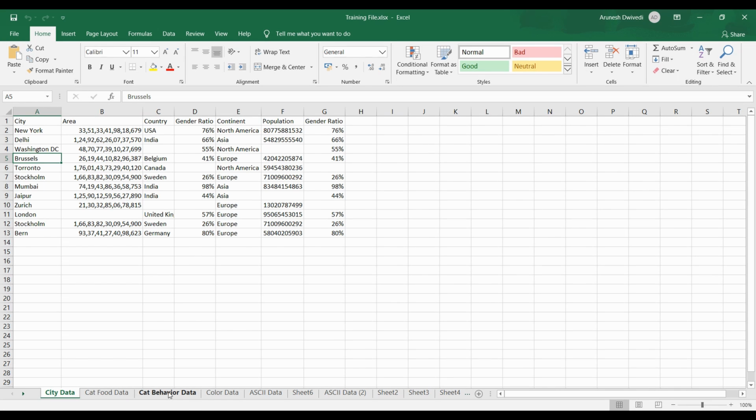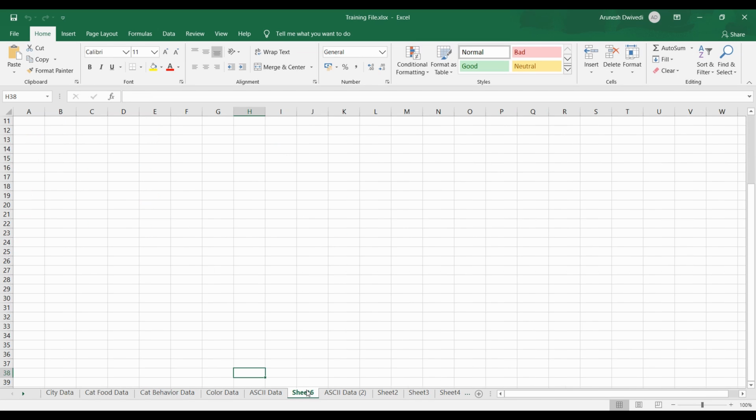But what if there are too many sheets, like let's say there are 100 sheets and you just can't keep Control Page Down pressed to take you to the last sheet? Then in that case, keep Control pressed and click on this small green arrow, this green triangle that you see here. The moment you hover your mouse over it, you will see that there are two options. If you press Control left click, then it will take you to the last sheet. Please remember, it only makes the last sheet visible in the sheet list. You are still actually on the sheet that you were before.